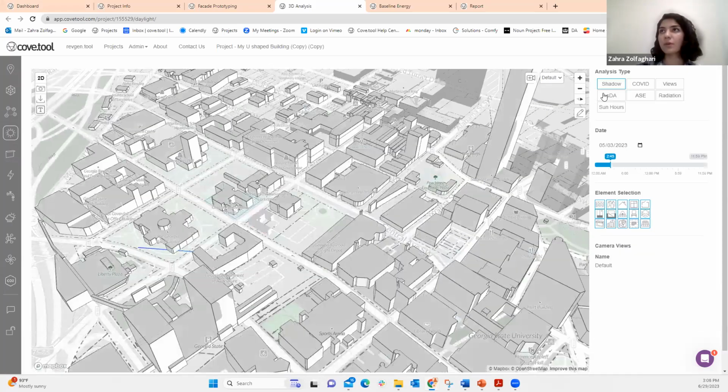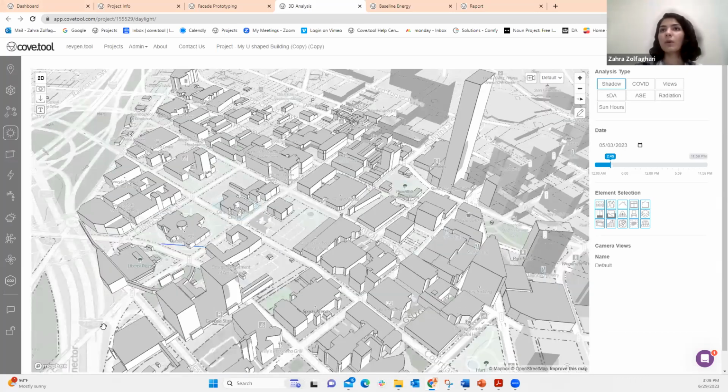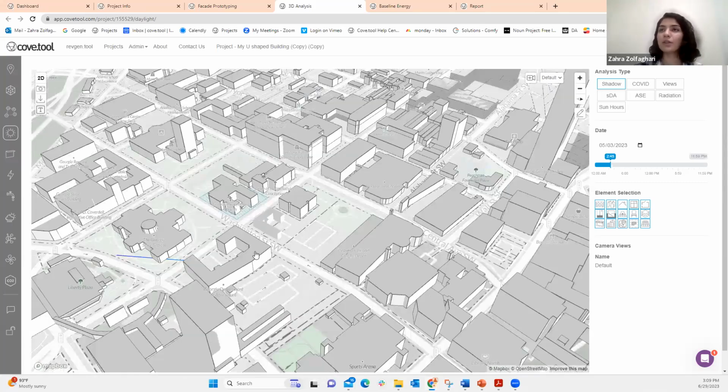As I mentioned, shadow is the first option. We will generate all this context data automatically based on your location. Users need to enter a location when they are setting up their project in cove.tool, and based on that user input,